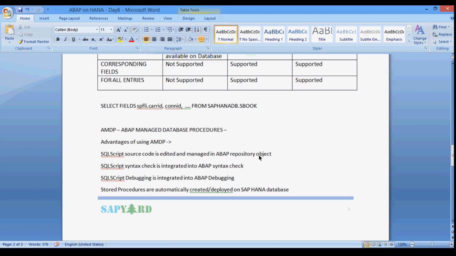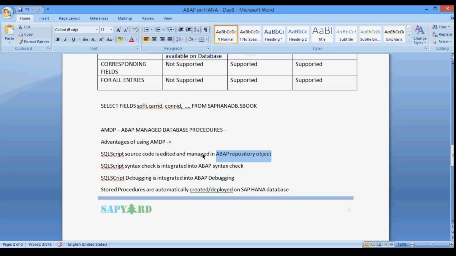First advantage is SQL script code is edited and managed in an ABAP repository object. That means you don't have to go to the database layer to build your logic and create the database procedure. You can do that from the ABAP layer itself.